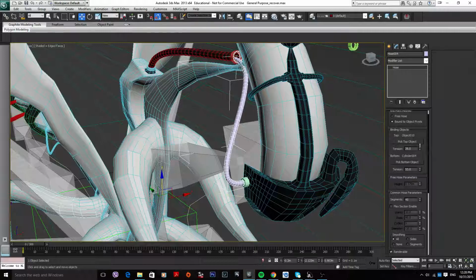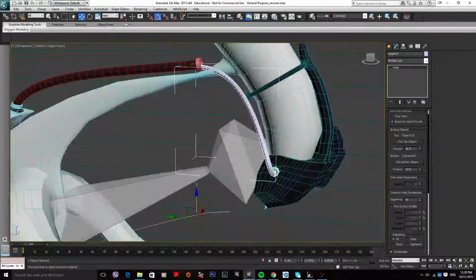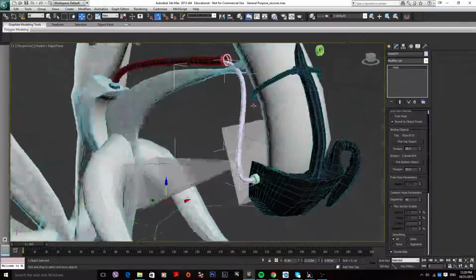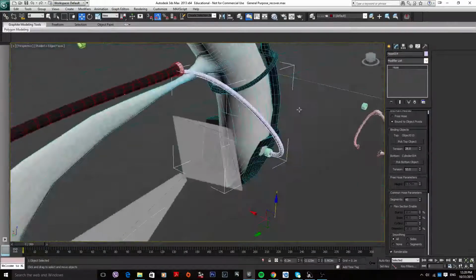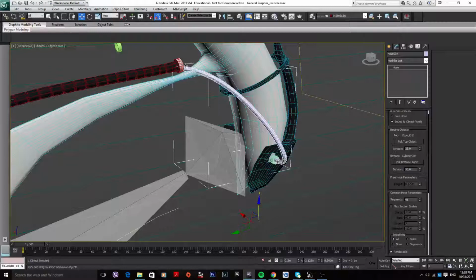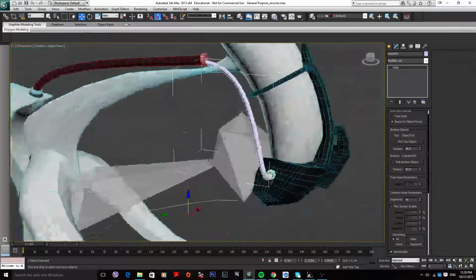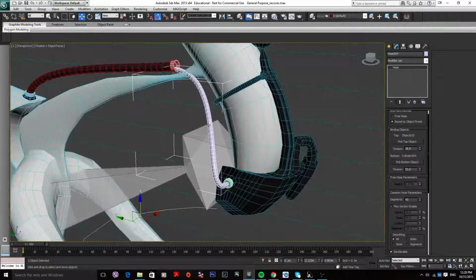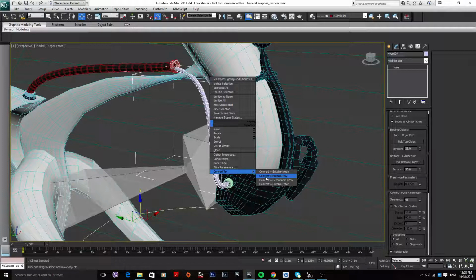Obviously here it's not an ideal angle, so I'll probably edit this once it's been baked to an editable poly, and we can just manually move this up, and then we'll bridge it here, and then we're pretty much done with that one. So right click, convert to editable poly,